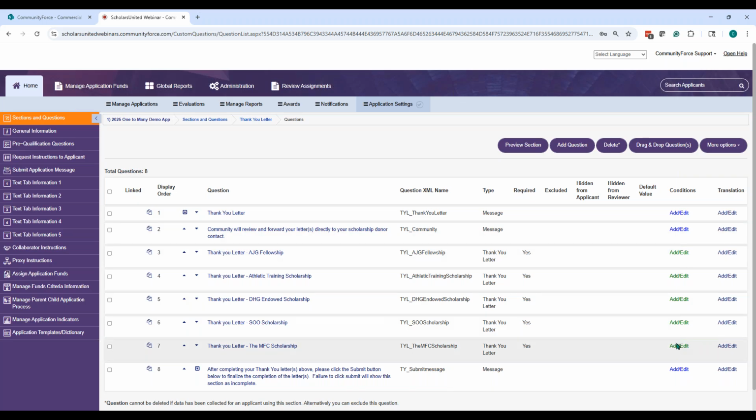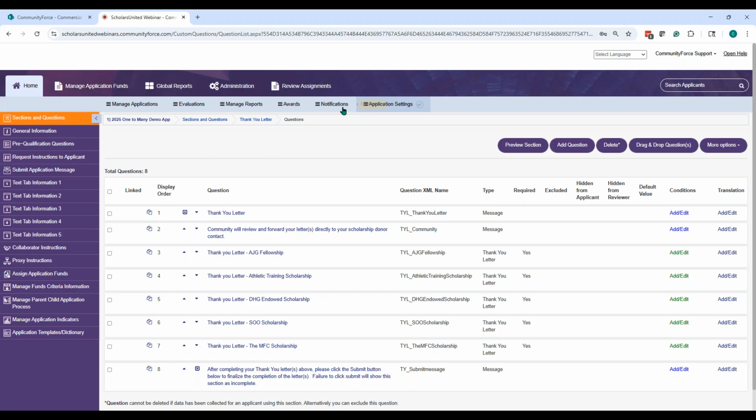So what does this do? It's going to create that essay box question for the applicant. And then you have the ability to push it on to the donor. They do the essay, you see the essay, you can actually even edit the essay, and then the system will automatically send an email to the applicant.